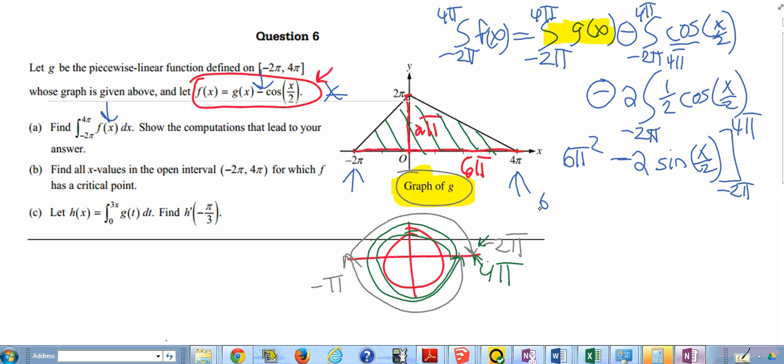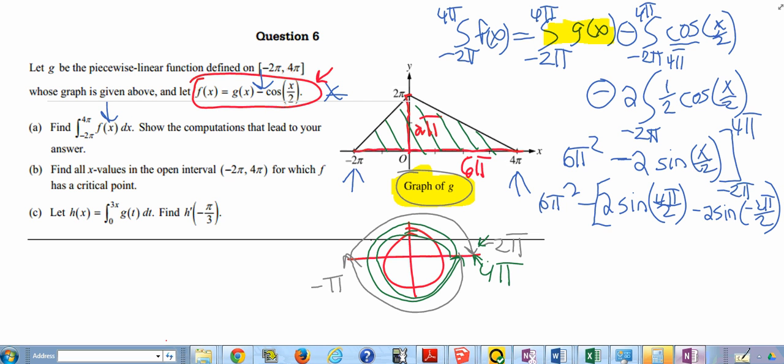So we still have 6 pi squared minus 2 sine of 4 pi over 2 minus 2 times the sine of a negative 2 pi over 2. And of course, this turns out to be 4 divided by 2, so it's sine of 2 pi. And 2 over 2 would be a negative pi. So what is the sine at 2 pi? Sine is all about the y, so if I'm at 2 pi, I don't have any height at all. So this just turns out to be 2 times 0